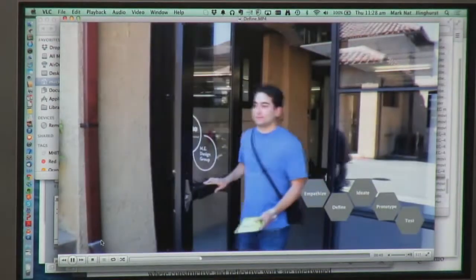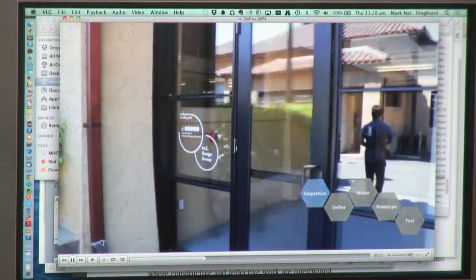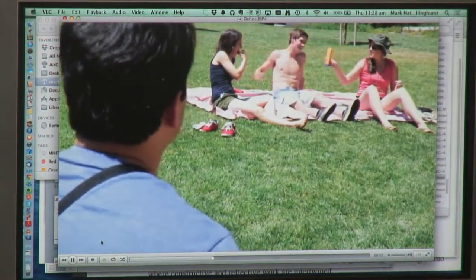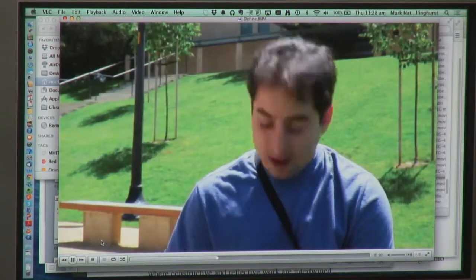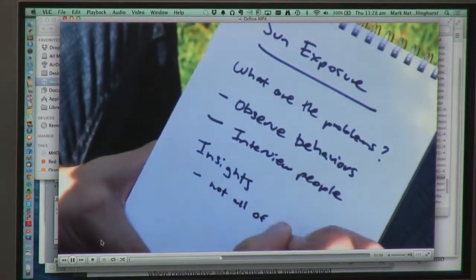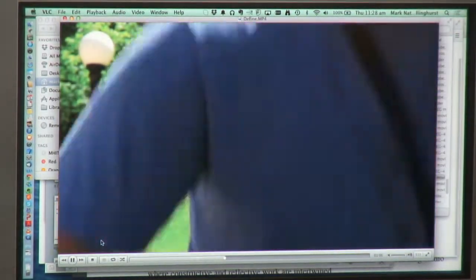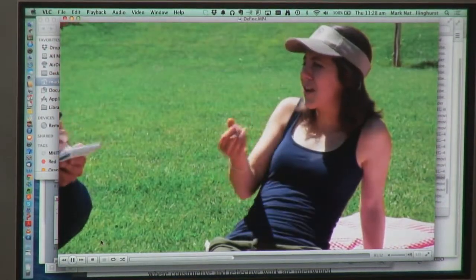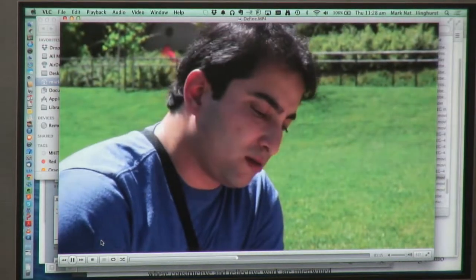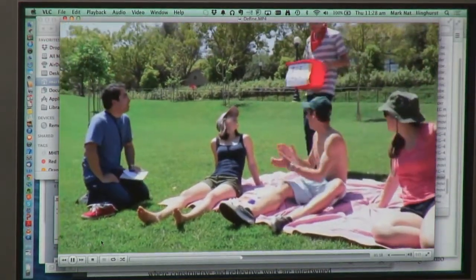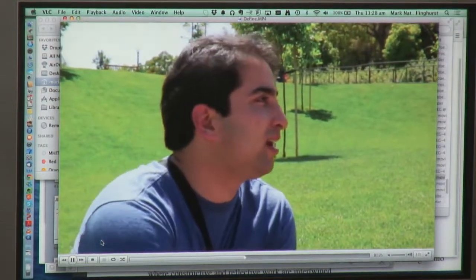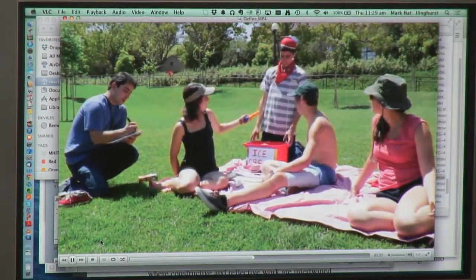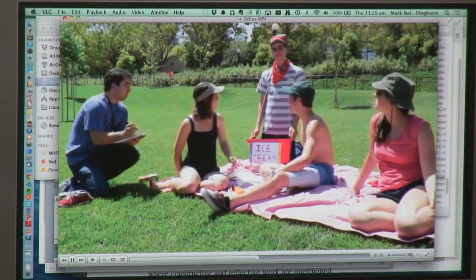So Lucas goes out to observe how people protect themselves from the sun. He has his own experiences and preconceptions, but he observes with fresh eyes and pays attention to every detail, looking for surprises and things that challenge his assumptions. He also engages them in conversation to learn more details. He captures observations and quotes on his notebook. An ice cream vendor arrives. Lucas realizes that he must work outdoors most of the day, a perfect person to ask about his sun protection habits. Lucas's detailed notes will help him identify opportunities for improving sun protection.